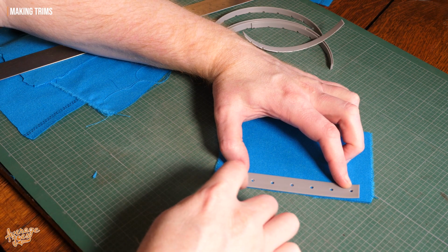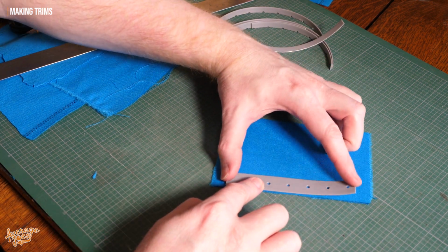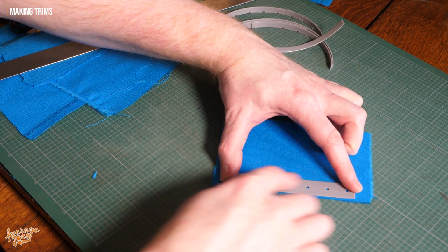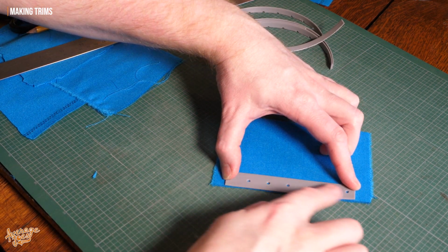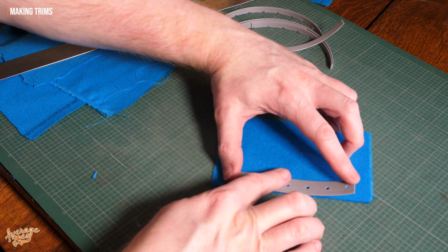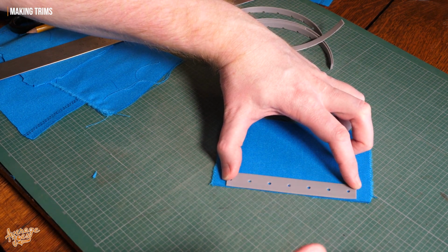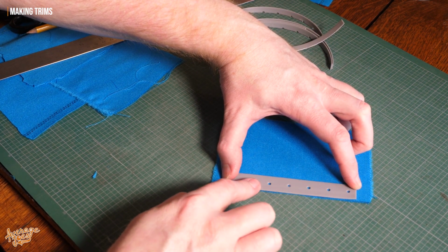And all you need to do is just sew one line straight across the trim. And that's the method that we're going to be doing, so we'll show you quickly the process for sewing these in place. This method definitely makes for a nice clean job. You're not going to get any overspray on your cloth, you're not going to get any staining on your cloth, you haven't got to wait for glue to dry. But of course, not everyone has a sewing machine, but if you do, this is definitely the best of the